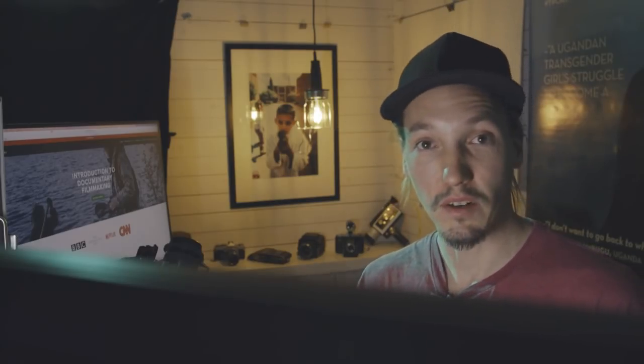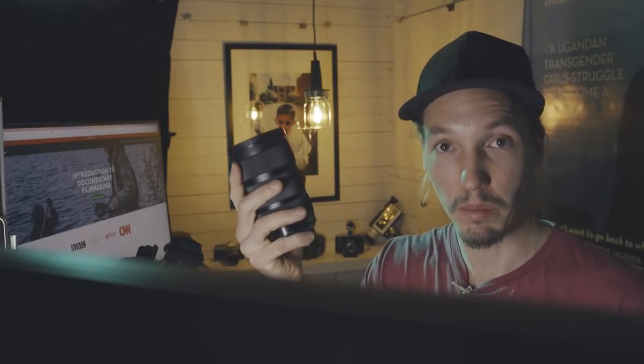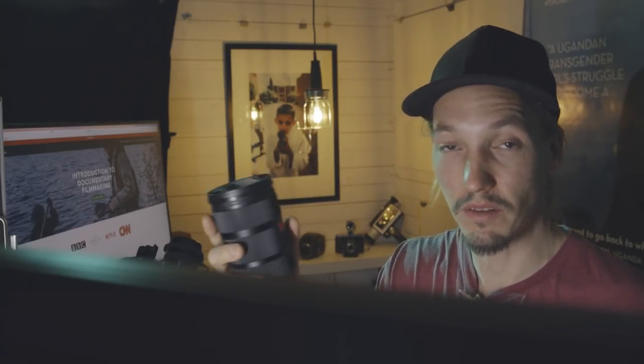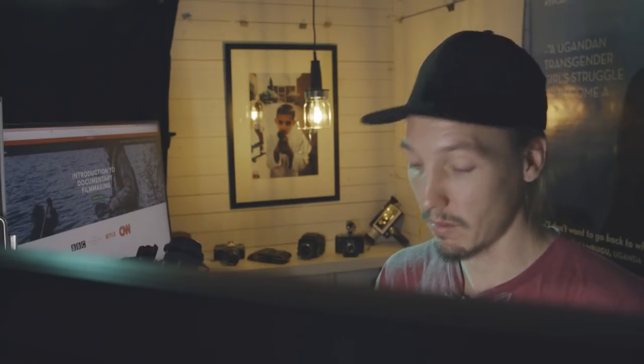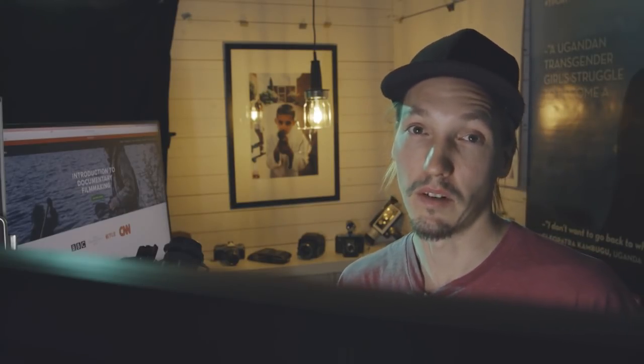I just think that they're not better than the Sigma 18-35 in terms of sharpness and quality and everything. So I wouldn't want to carry around big lenses instead of this one. That's my biggest thing that I have against them. In terms of the rest, they're fine as lenses, but